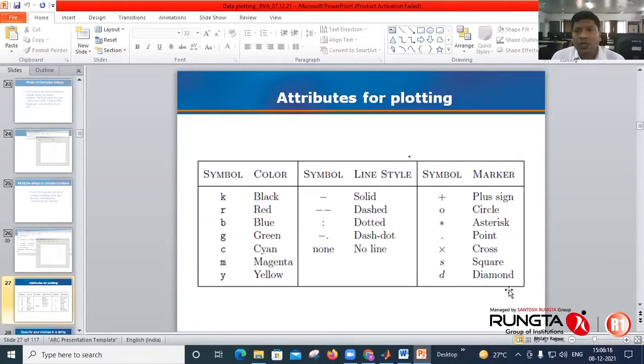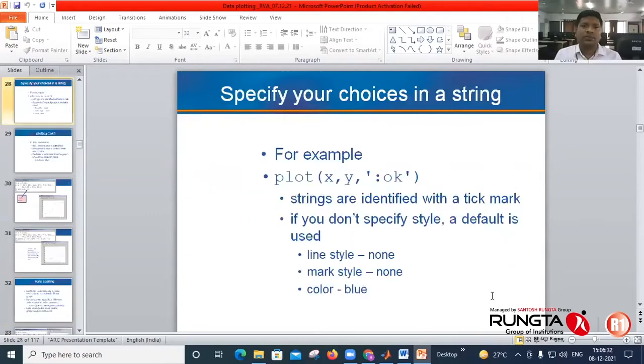Okay. You can take help of MATLAB for these attributes: what is used for color of line, line style, and how markers are used, likewise. Okay, so while specifying your choice of attributes, this is the syntax: you have to specify your choices in a string, in single quotes.